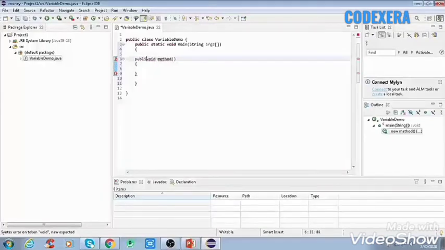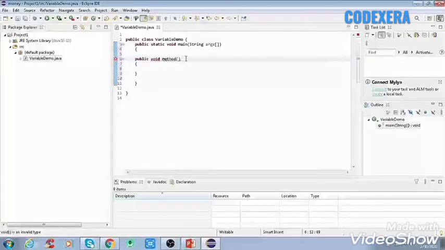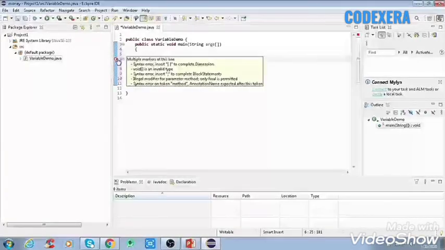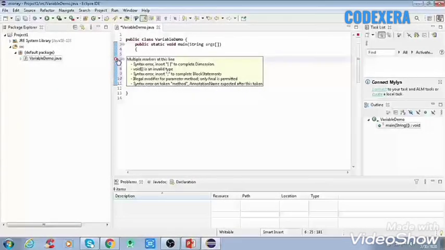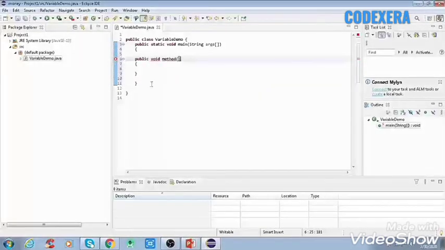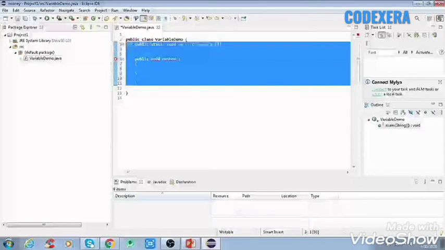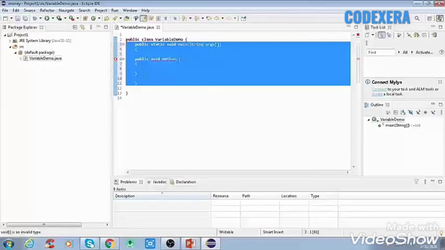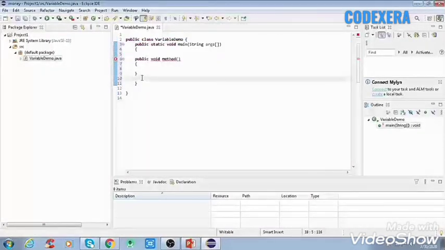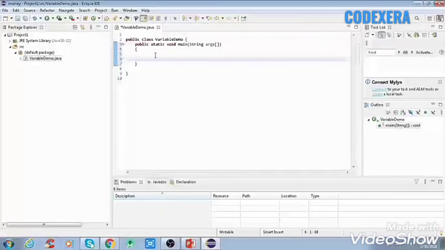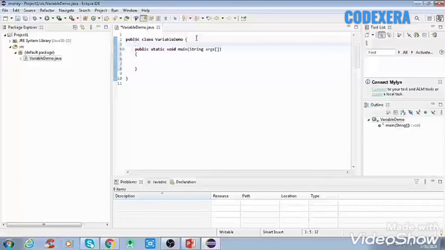We can make it a public void method, and now it is giving a little bit of an error. So I will tell you why it is saying this is wrong. As we have seen, there is already a method here, that's why we can't create a method here.